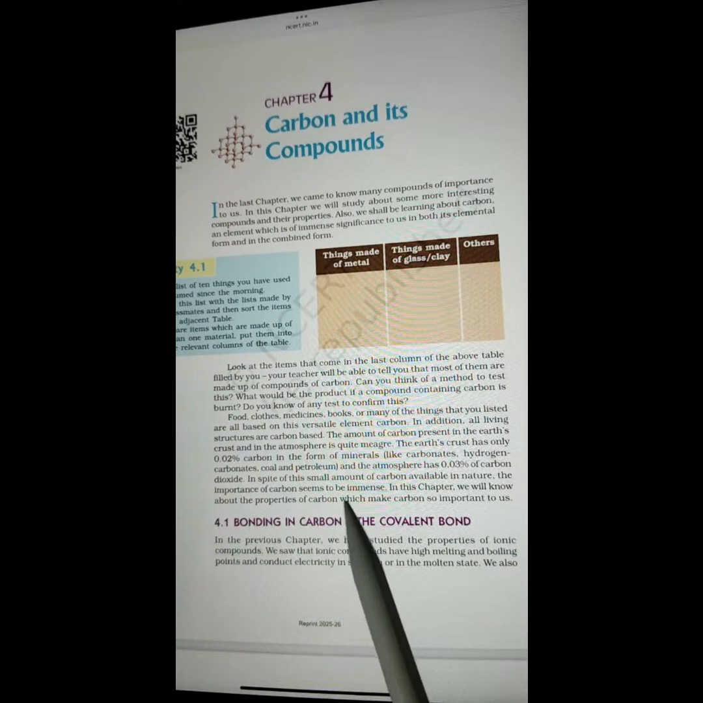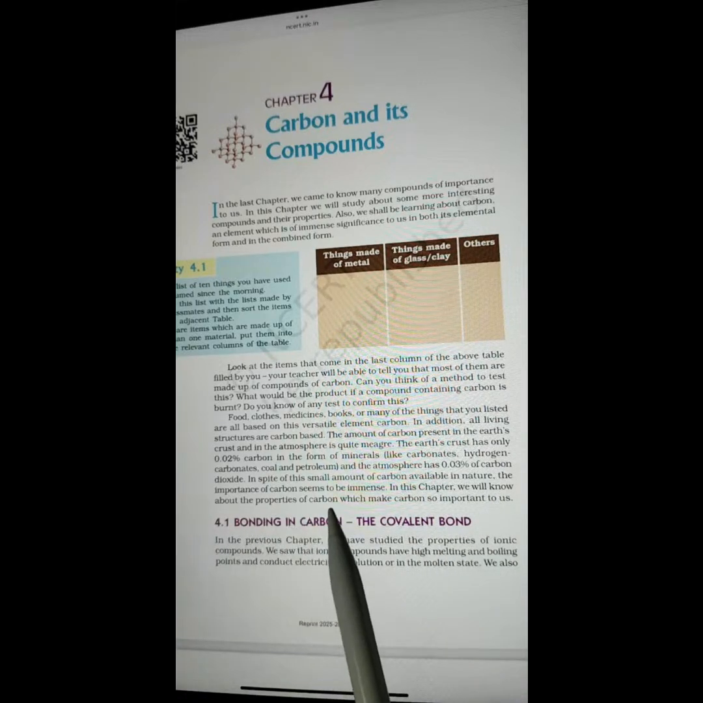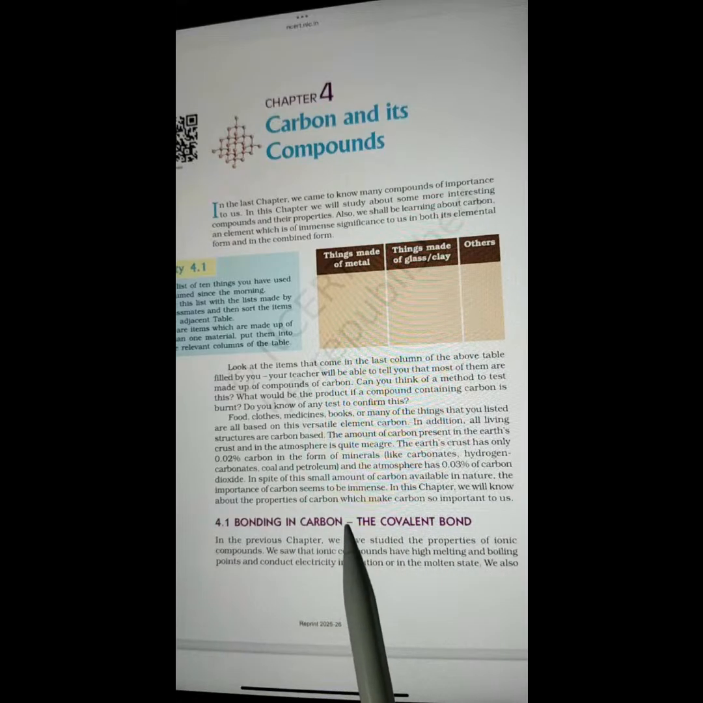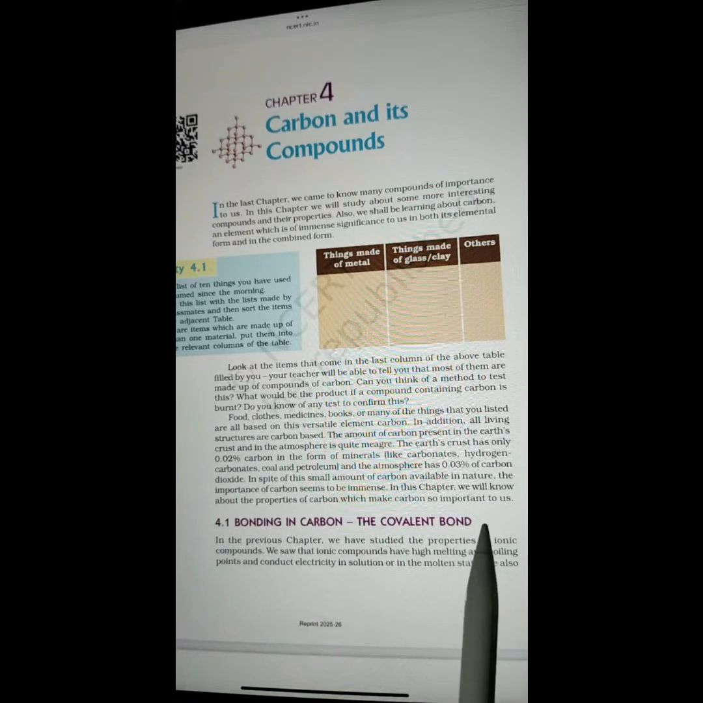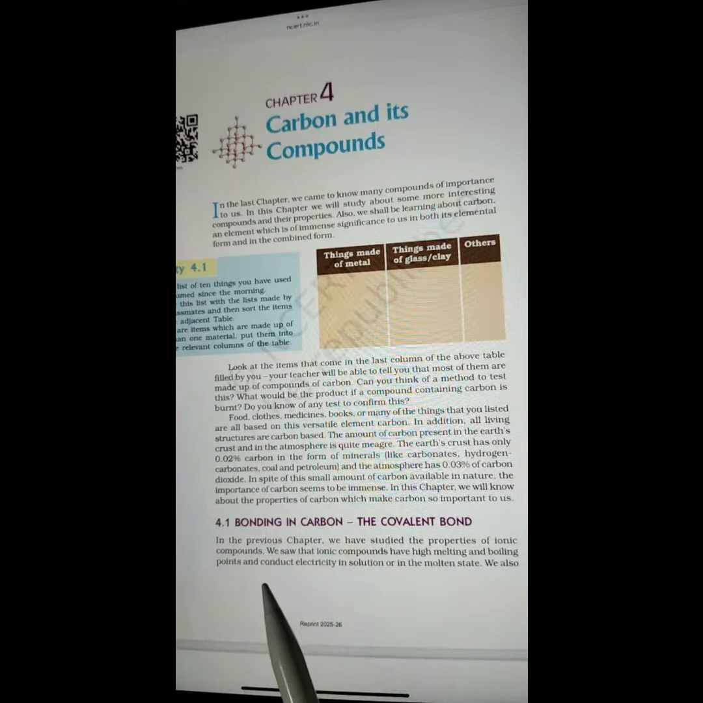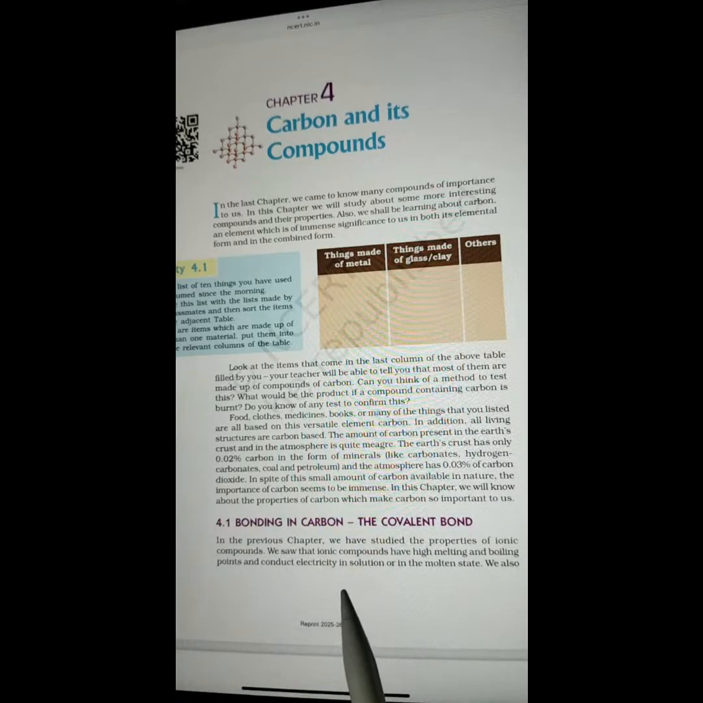In spite of this small amount of carbon available in nature, the importance of carbon seems to be immense. In this chapter, we will know about the properties of carbon which make carbon so important to us. 4.1 Bonding in carbon. We have studied the properties of ionic compounds. We saw that ionic compounds have high melting and boiling points and conduct electricity in solution or in the molten